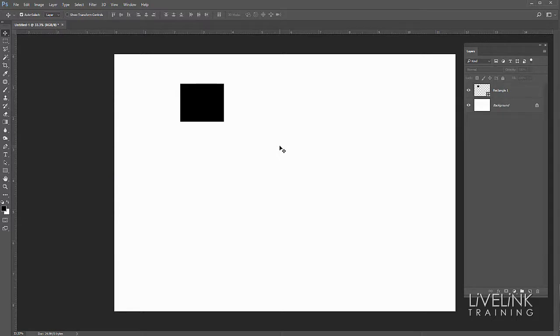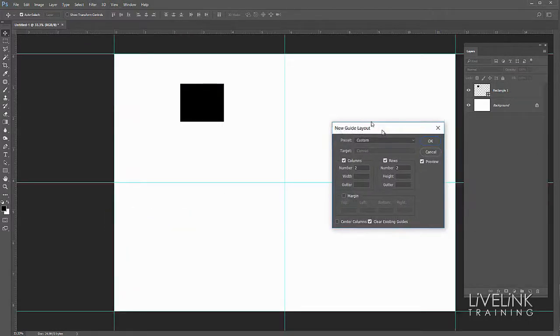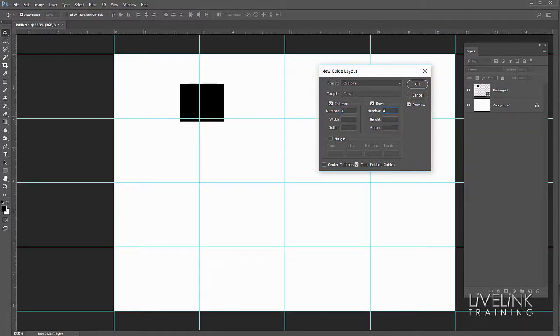Now beyond simple grids and simple guides, there's another feature which can be really useful, and this is the New Guide Layout. Now this option is in the View menu under New Guide Layout. So View and New Guide Layout. And here we can define our own set of guides. So I can say I want, let's say 4 columns, and we'll have 4 rows. And you can define a width and a height, and we can put a gutter, and the gutter is basically